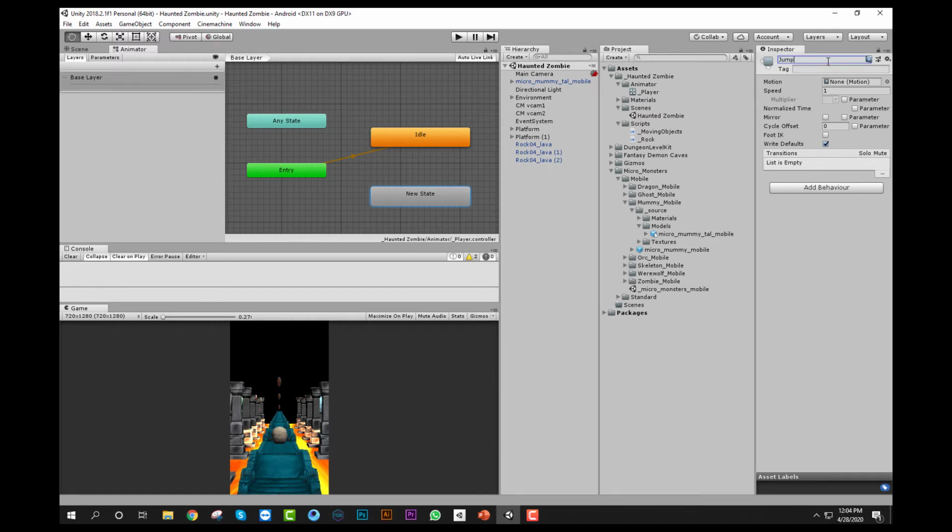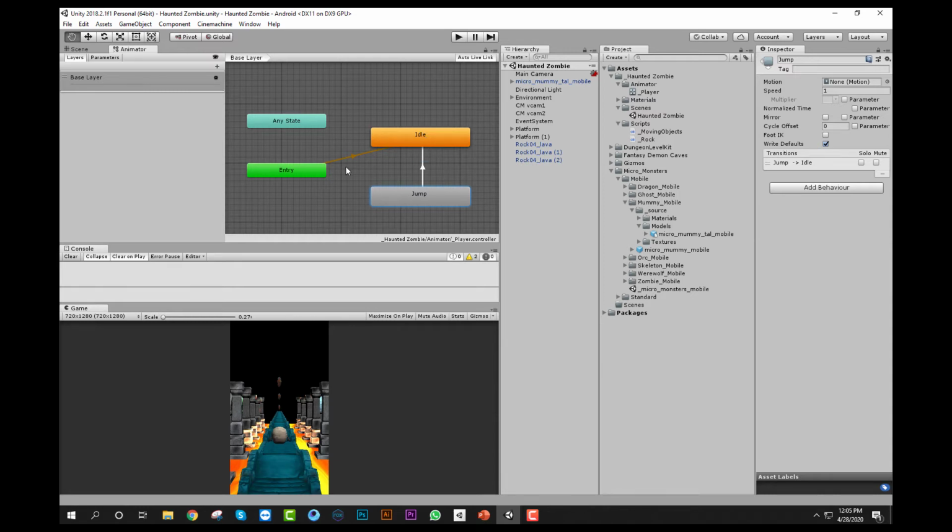When the user presses a key, the player will jump, meaning the zombie will jump, and I will make the transition from jump to idle. Why am I not applying the transition from idle to jump?